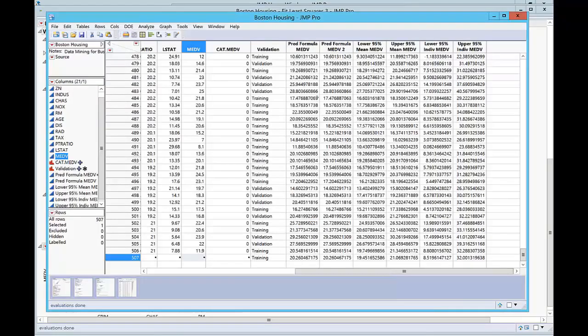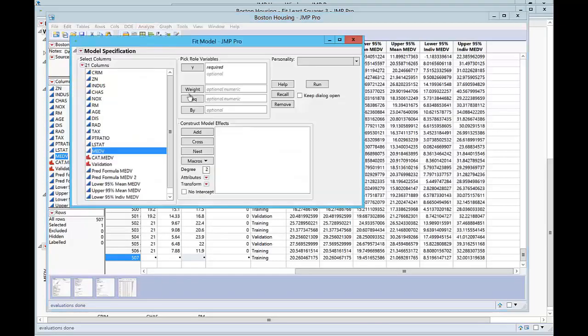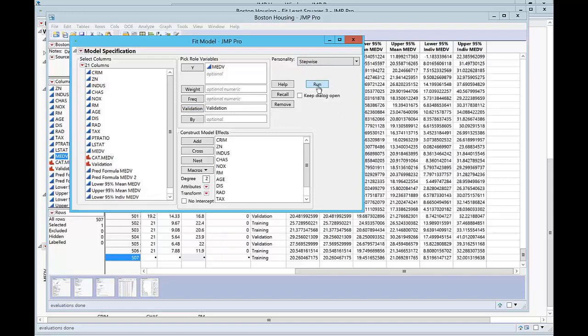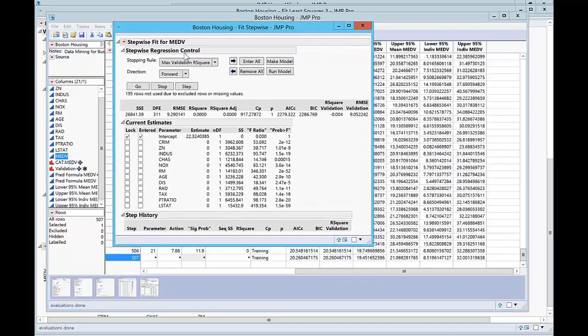Part 3 says that we need to run an exhaustive search on all the variables. So we're going to go analyze, fit model, median value is our Y, we want crime through LSTAT as our X's, we want validation as our validation, and we want to go stepwise and then say run. And when we do that, we get this window,